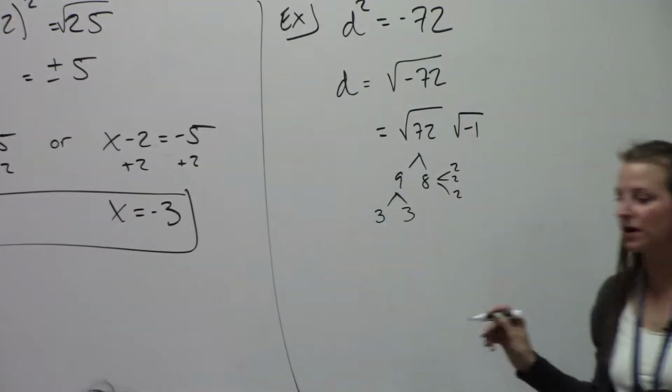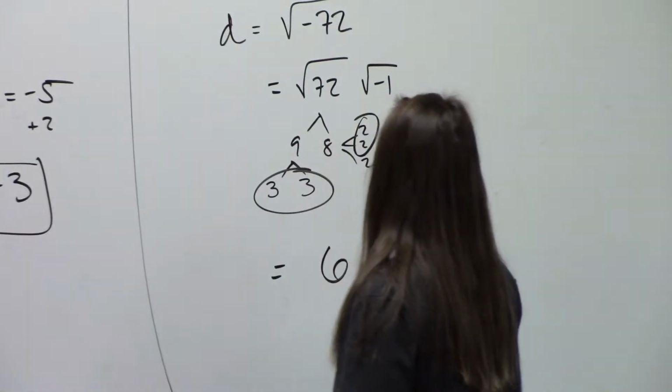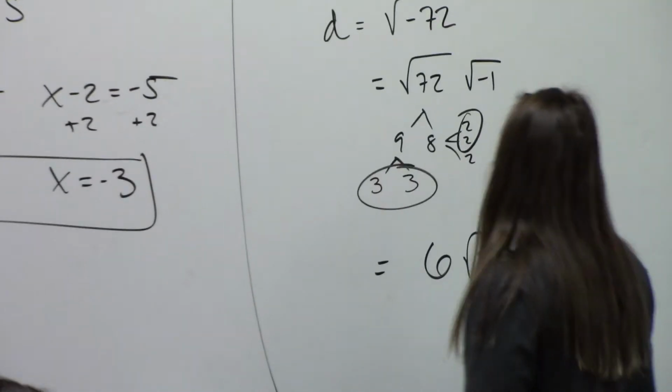So now I'm looking for pairs of factors. Do you see any pairs of factors? Say yes. Yes. What is a pair of factors that you see, Nolani? 2. Correct, you have two 2s. And what's another pair of factors you see, Christina? 3. Yep, there are two 3s. Are there any unpaired factors that are going to remain in the radical? Yes. What's going to stay in that radical? 2. So a 3 comes out, a 2 comes out. What's 2 times 3, ladies and gentlemen? 6. All right, so I've got a 6 outside of the radical, a 2 inside the radical, and you